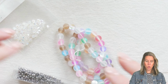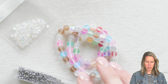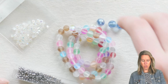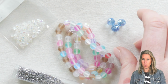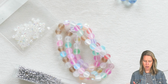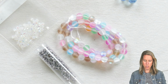So the first thing I want to do is go over materials, because what I'm going to be doing is taking the mixed matte mermaid glass, which has a nice oceany feel, and breaking it down into the different color ranges and kind of doing a collection. I've also loved the use of some of the disco balls, and you can use those in 6 or 8 millimeter. I have sitting here some 2 millimeter crystals. You can use 2s or 3s, bicones, rounds, it does not matter. And then I'm working with some of these 6 millimeter beads and some 11/0 seed beads ready to go to begin